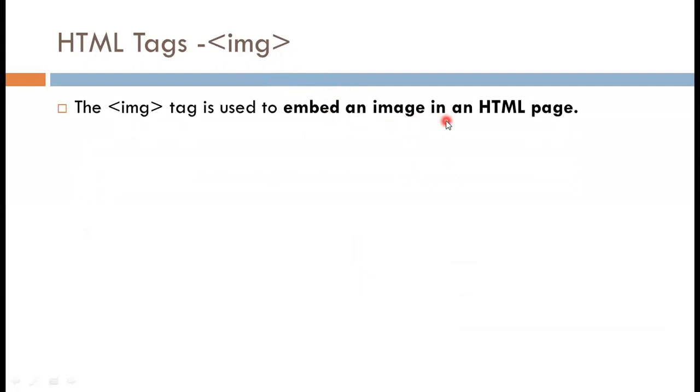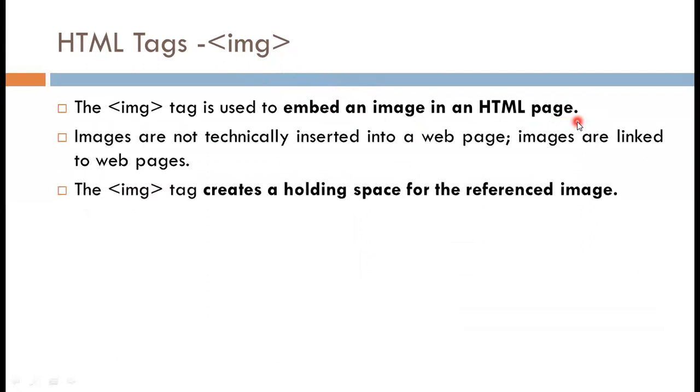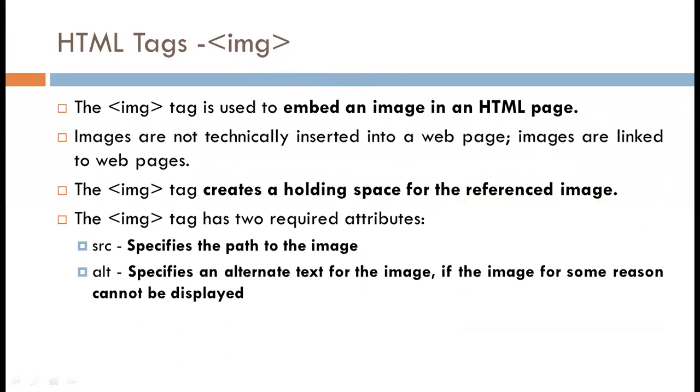To embed an image in an HTML page, it is one type of container and it creates a holding space for the referenced image. There are two main attributes for the image tag. The first one is SRC, that means source.